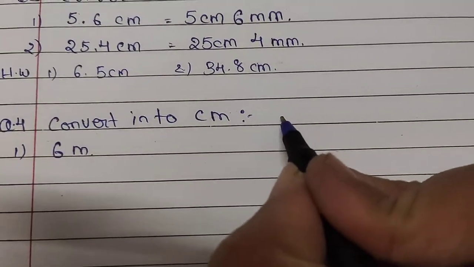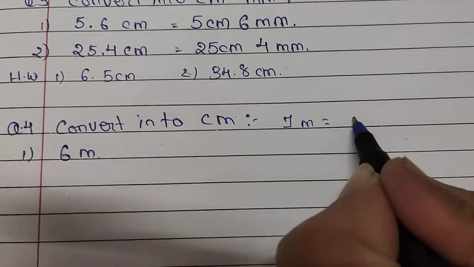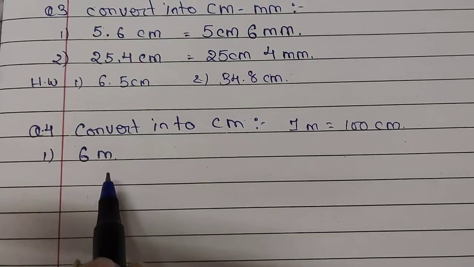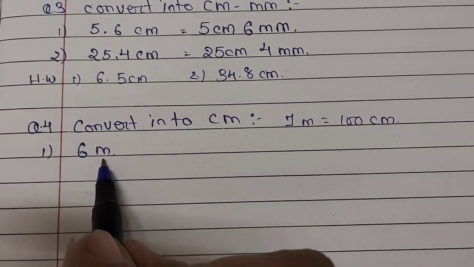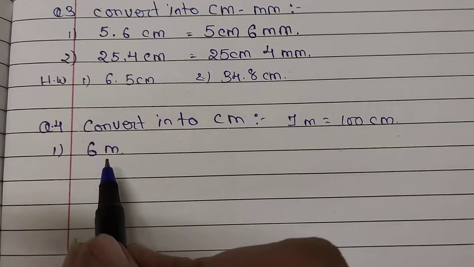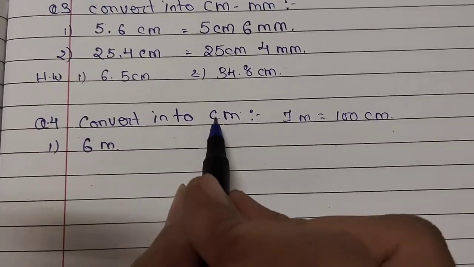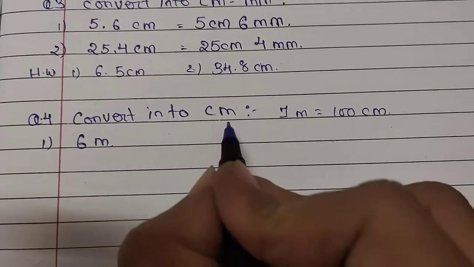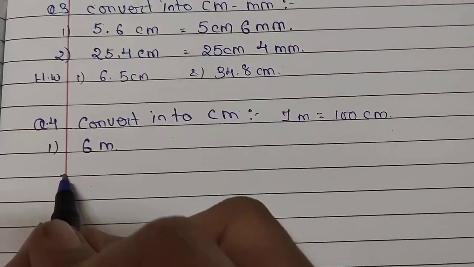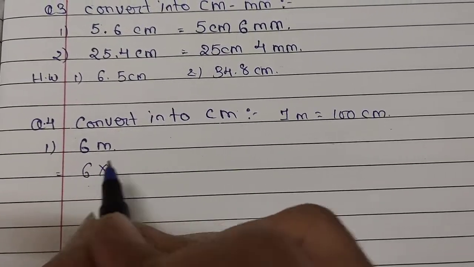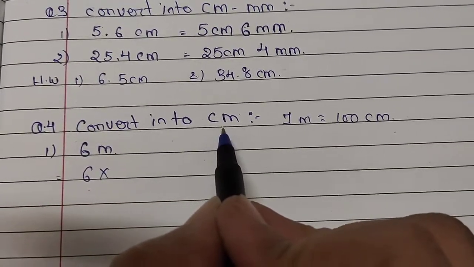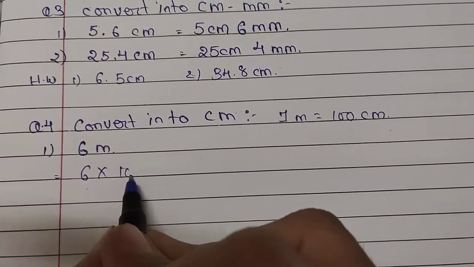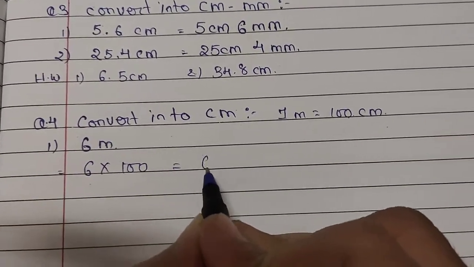Students, we know that 1 meter is equal to 100 centimeter. Meter is a greater unit than centimeter. So when we are supposed to convert a greater unit into the smaller unit, we are always supposed to multiply. So we will multiply 6 by 100. So 6 multiplied by 100, we get 600